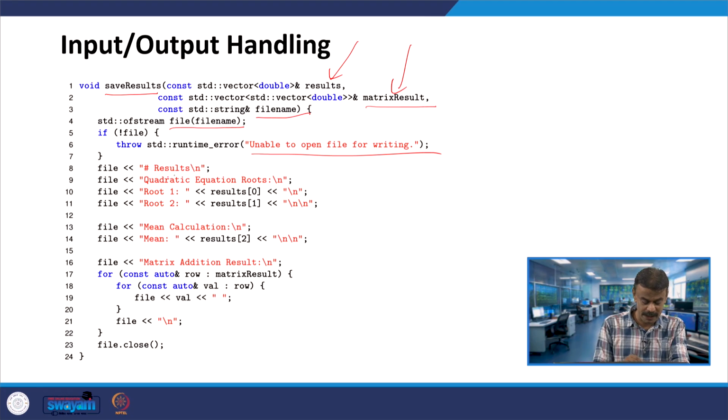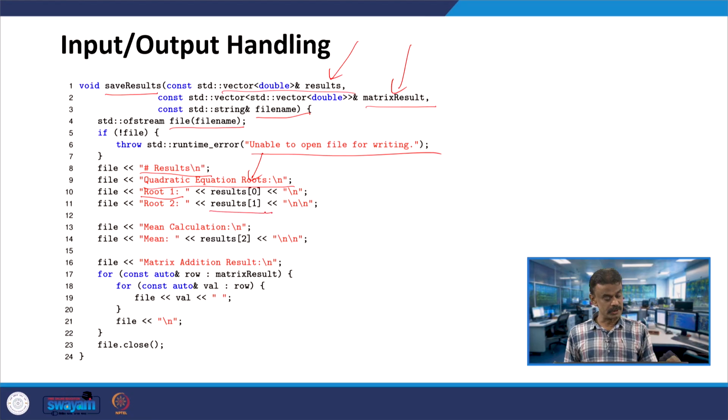Otherwise, here you have file, so this will be written in the file, whatever you are writing in the code: number, results, quadratic equations, roots, and then root 1, whatever you are going to calculate, results of 0, it is a vector, and then results of 1. These things will be written in the file, and the mean calculation will be written, mean, results of 2.